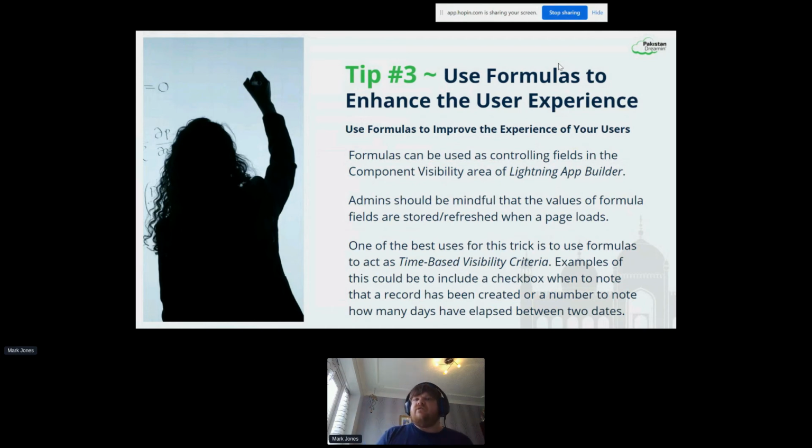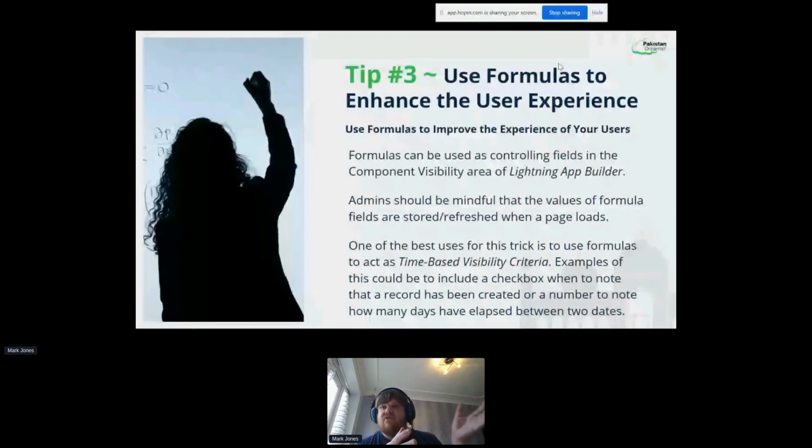Let's say you were doing a tick box to say a review is due, and in that scenario where I use the client case custom object, a case review is due 6 months from the open date. What you would do is create a formula which would basically be today, take away open date, and then set the number field to be 6 months. So it'd be 6 times 28 is how I would do that. I'm not exactly sure what that is mathematically, but you'd be doing 6 times 28, and you put your number field